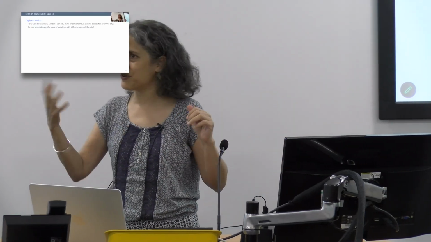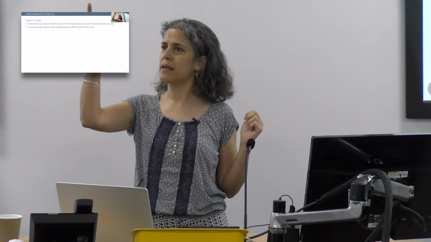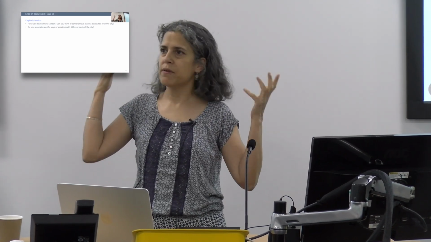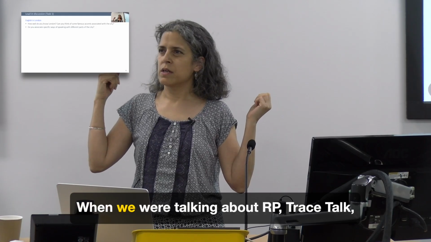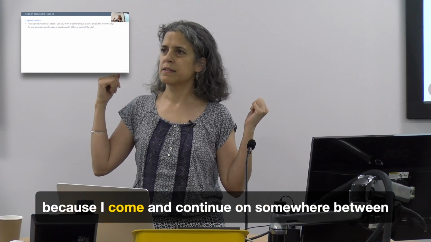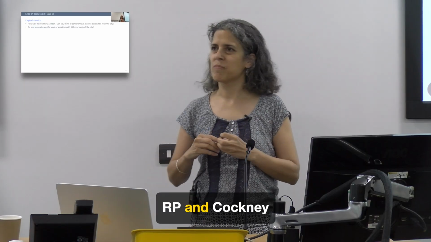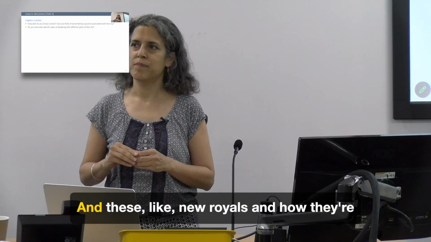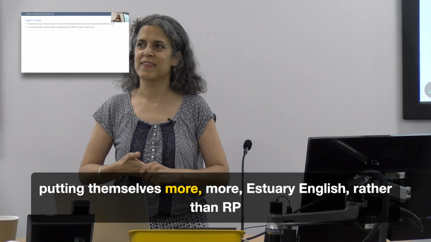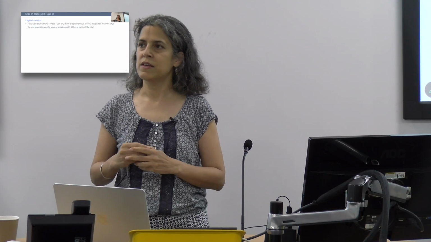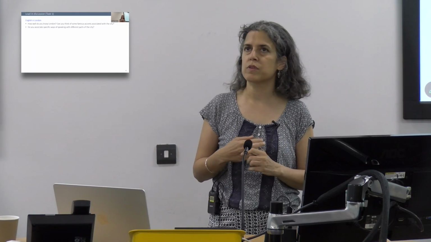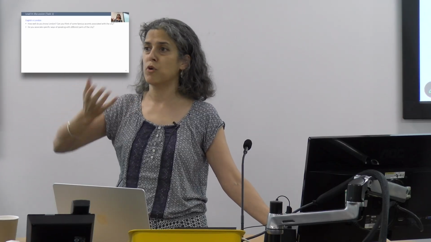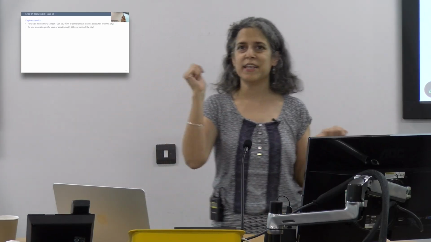That's one of the things we need to keep in mind. So, we don't have complete separation, but yeah, great. Estuary English. And did you have any associations with it? We were talking about basically how estuary is sort of on a continuum somewhere between RP and Cockney. Yeah. And it's dependent on where people place themselves. Mm-hmm. And these new royals and how they're putting themselves more towards estuary English rather than RP. Yeah, exactly. It's often associated with the city, more central, but it could actually overlap with RP regions because it's a modified RP at one end. So yeah, estuary. Any others?